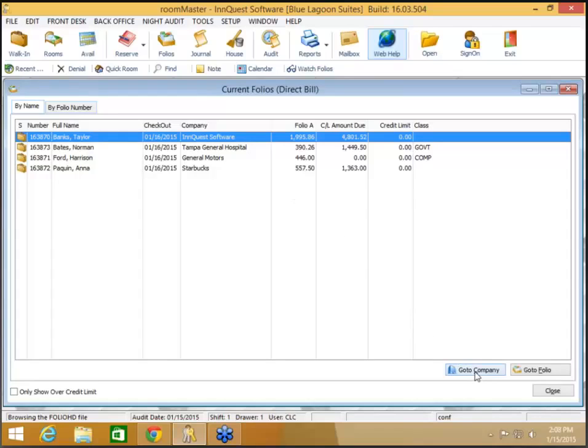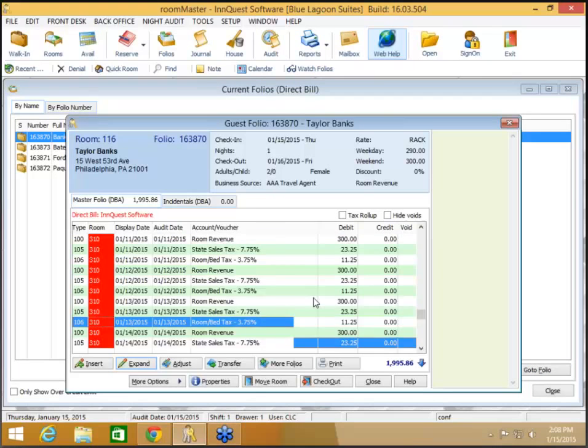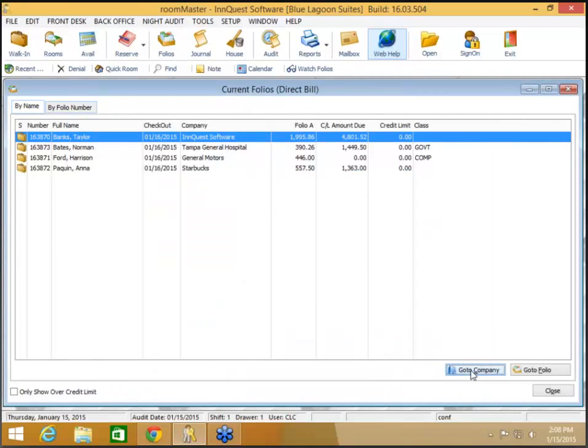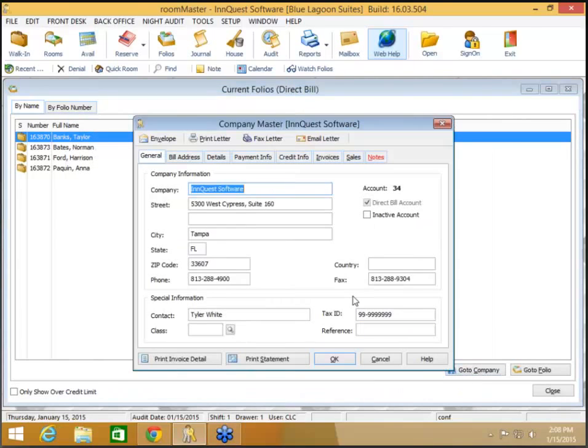You can also go to the company or go to the folio from right here. So if you wanted to pull up that folio to actually see the charges that are listed on that folio, or check it to make sure that everything is correct before it gets direct billed tomorrow, so you don't run into an issue of still having to wait on the statements, you can do so. And then also you can click on Go to Company, and it just pulls up the company that is associated